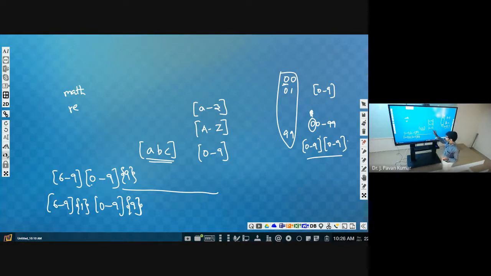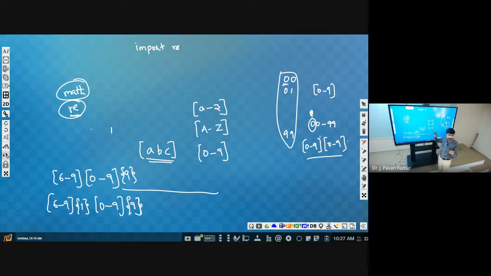Next, now coming to the point here, since we have math as a module, we can import it. Similarly, to work with regular expressions, there is a module called re, which is already present. Like math, we have re. What does re stand for? Regular expression. So in order to use this, we need to import re.